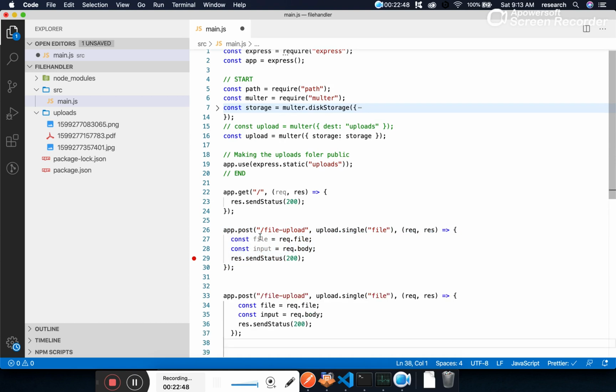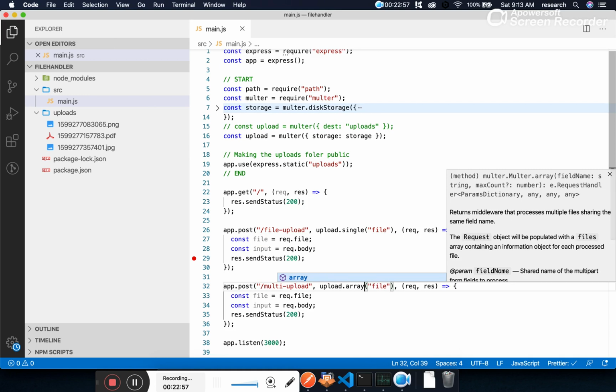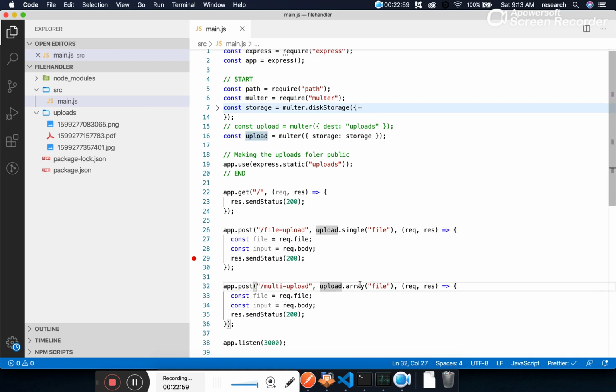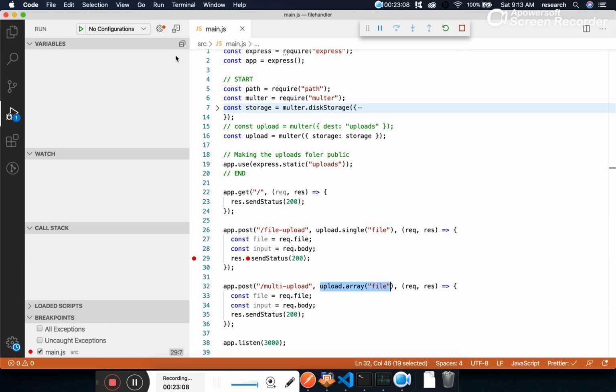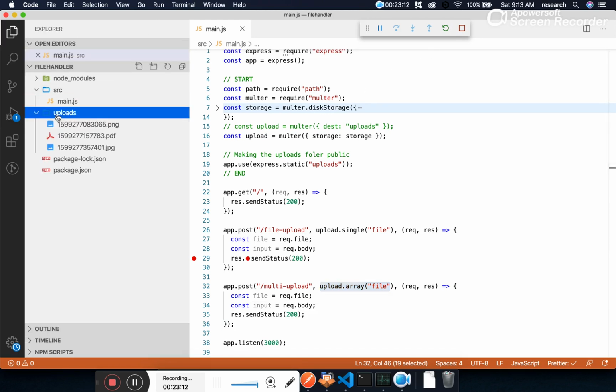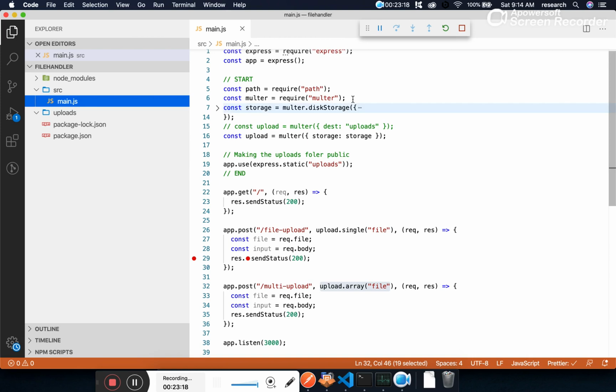Let's create another API, and I'm keeping the name multi upload, and here instead of single I have to write array. That means now we will be using array, and we'll go to Postman and upload more than one image. Before that, let's run our project one more time, and let me delete all these images and files.